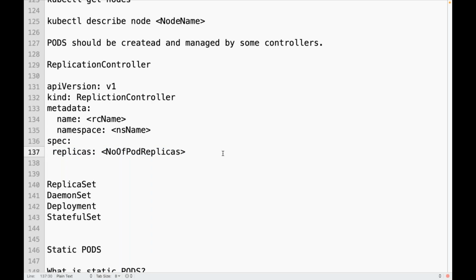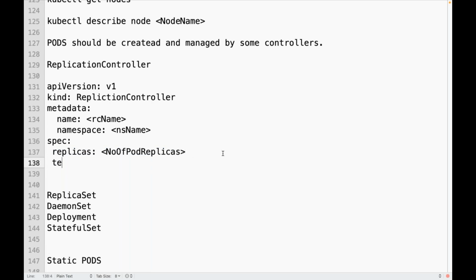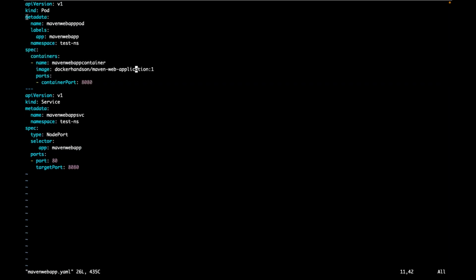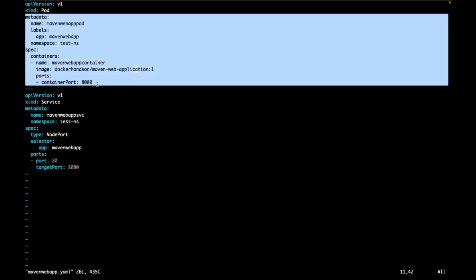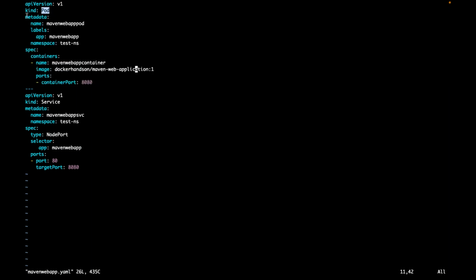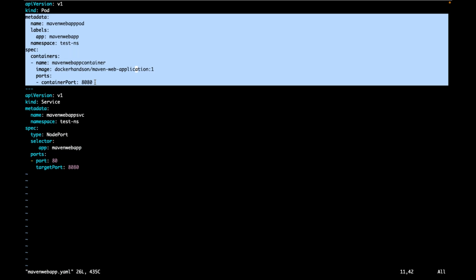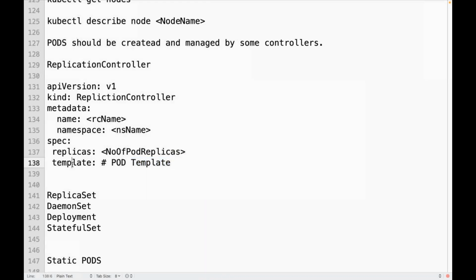Now, template. What is this template, guys? This is your pod template. When I am directly creating a pod, whatever I am mentioning, like metadata and spec, can I have this under this template?